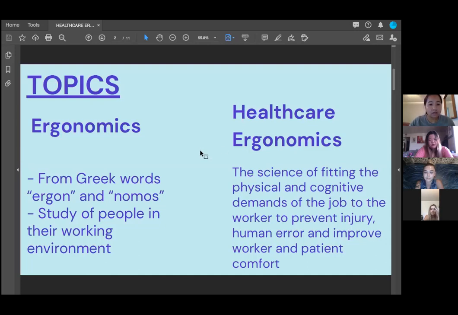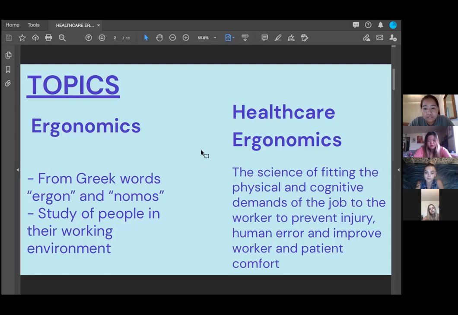Let's define ergonomics. This word is a Greek word which means ergon and nomos, which means the study of people and their working environment. It is essentially the laws of work. And healthcare